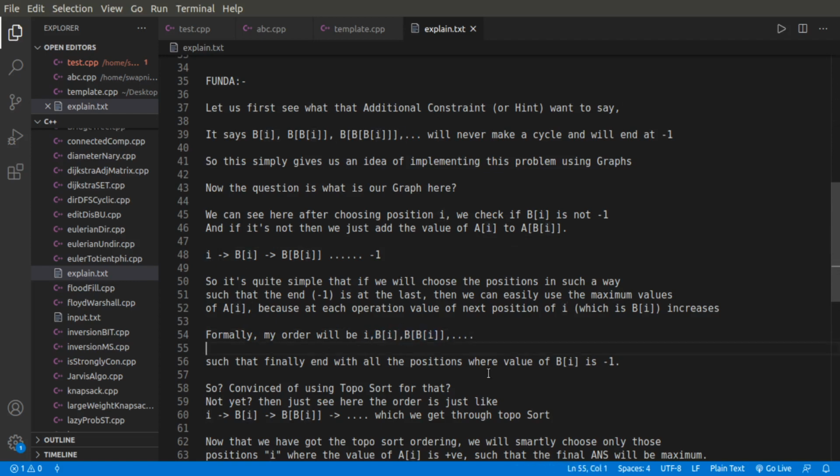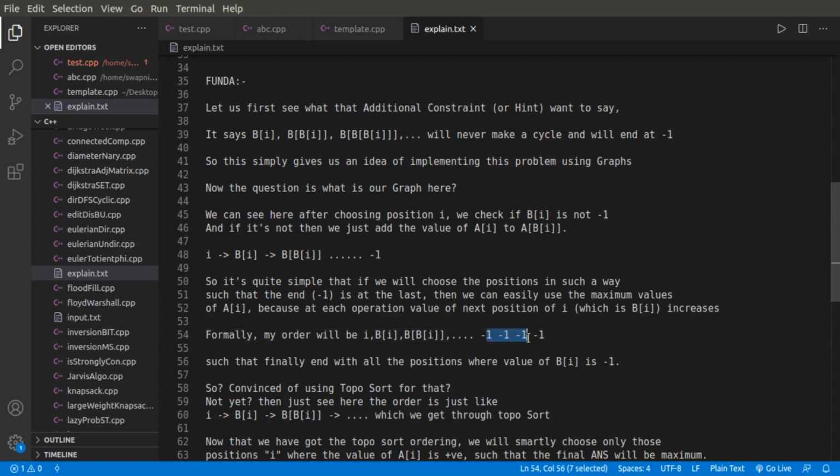Such that the positions where I will be ending, or which I will choose at the last, will be the ones whose value at that particular position in my B array will be minus 1, right?